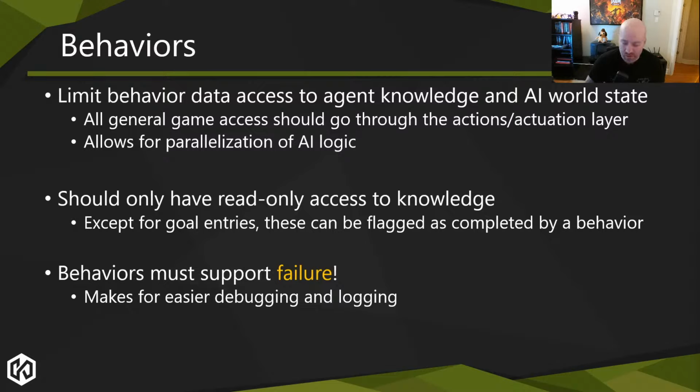And again, once you can support failure, it simplifies debugging and logging, because when you fail, you write down why you failed, you log it somewhere, you track it. It's a lot easier to figure out when you get a QA report saying, hey, AI are whiffing all their attacks, and then you look at the log and it's telling you that there's something wrong with the nav mesh. It's a much simpler way to debug than it silently completing, and then you have to go step through the code and figure out what the hell's going on.